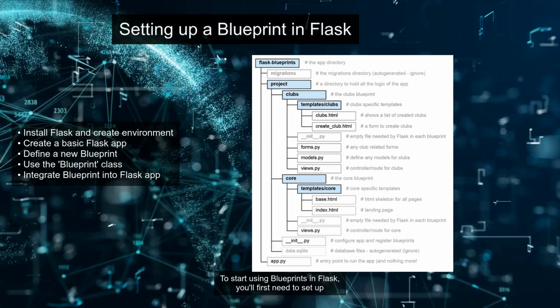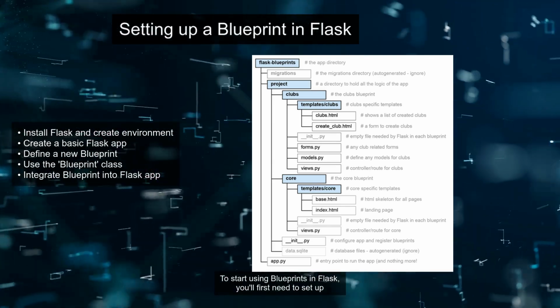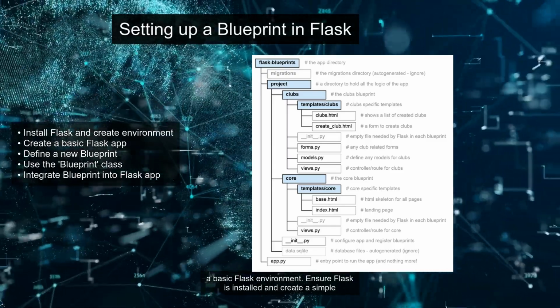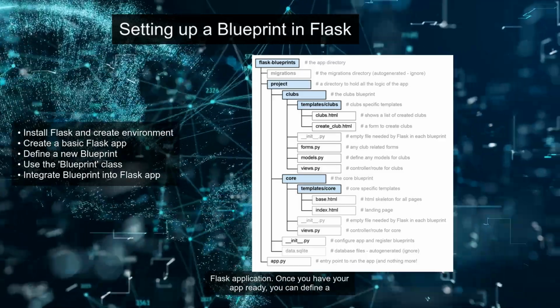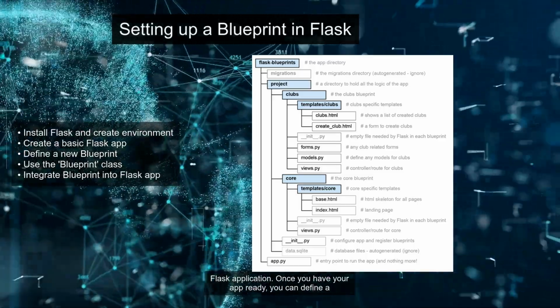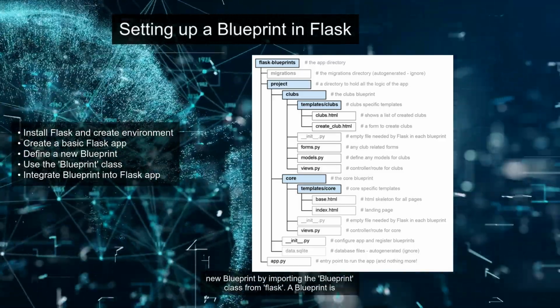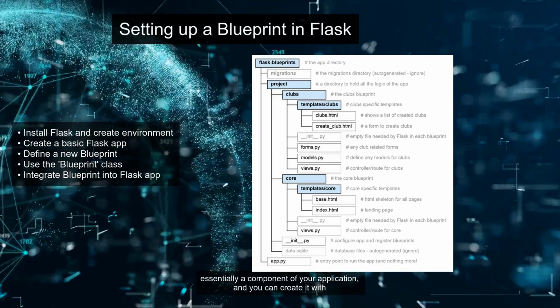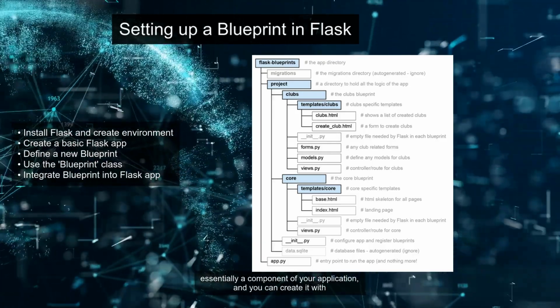Let's dive in. To start using blueprints in Flask, you'll first need to set up a basic Flask environment. Ensure Flask is installed and create a simple Flask application. Once you have your app ready, you can define a new blueprint by importing the Blueprint class from Flask. A blueprint is essentially a component of your application, and you can create it with the syntax my_blueprint equals Blueprint